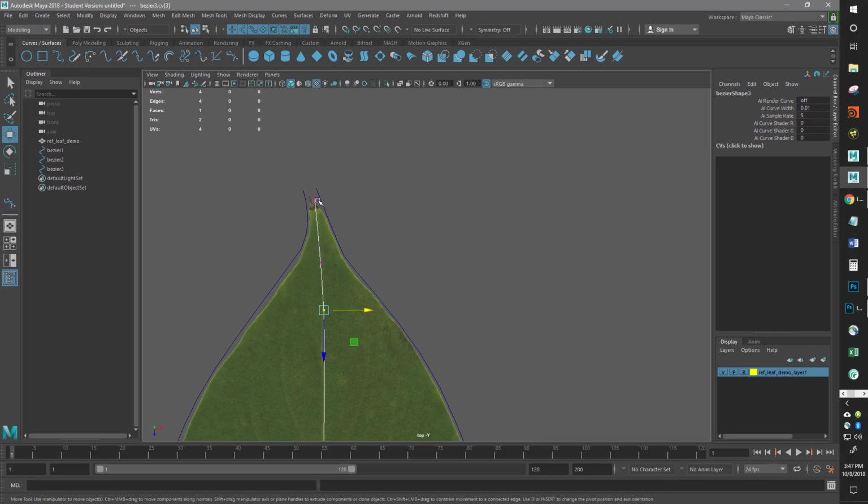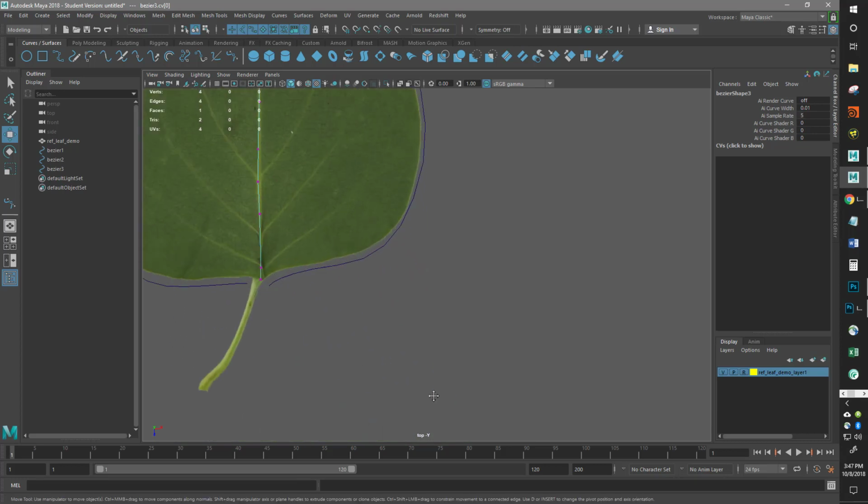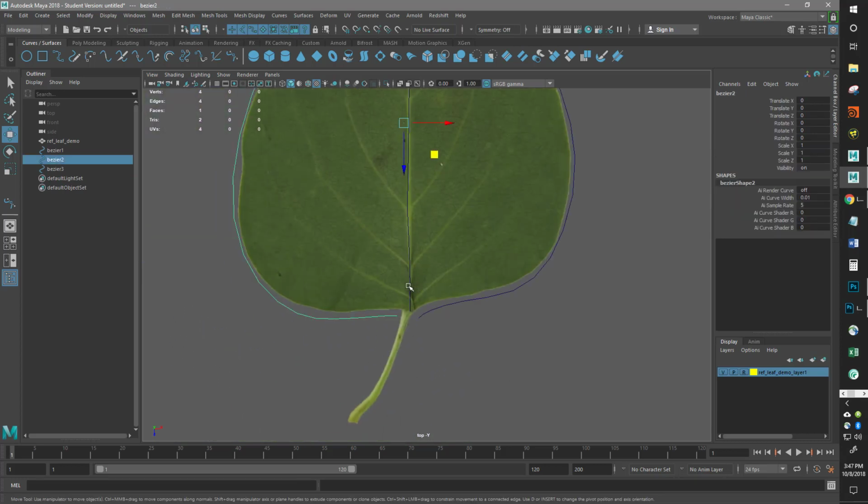So I'm just adjusting it quickly. It doesn't have to be perfect, like I said. You can move this up a little bit. Okay, so the next thing you want to do is make sure that these are all the same amount of